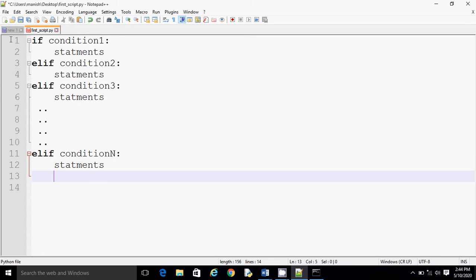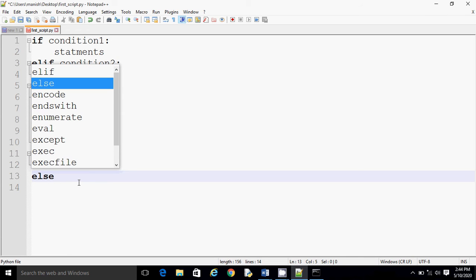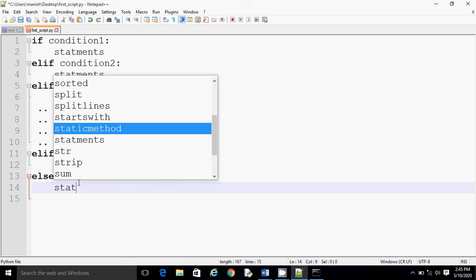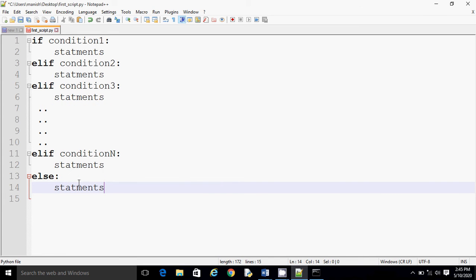Statements. Now if in case all the conditions from 1 to n are evaluated as false, in that case we can write here an else block, and the statements of the else block will get executed. So here if the condition is true, then this statement, the first statement, will get executed, and the program will be out of this